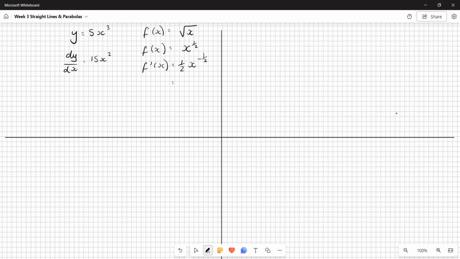Now, you would be expected to rewrite that answer for higher maths. You'd be expected to write the power as positive. So if we put the x downstairs, it's going to meet with the 2, and it will be power positive a half. You would then also be expected to change that power of a half back into square root of x. So that's a more challenging version of the same thing. But basically, it's wee number times big number, and then take 1 from the wee number. Okay, so that's one type of